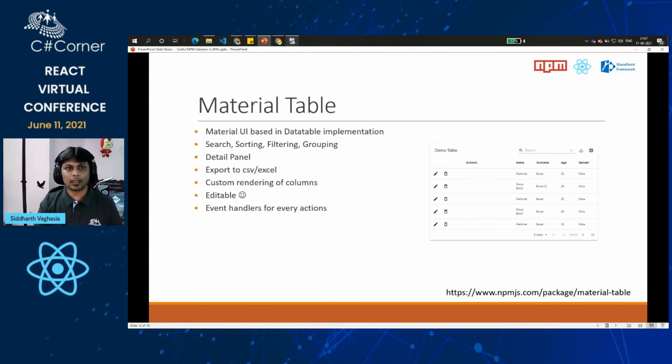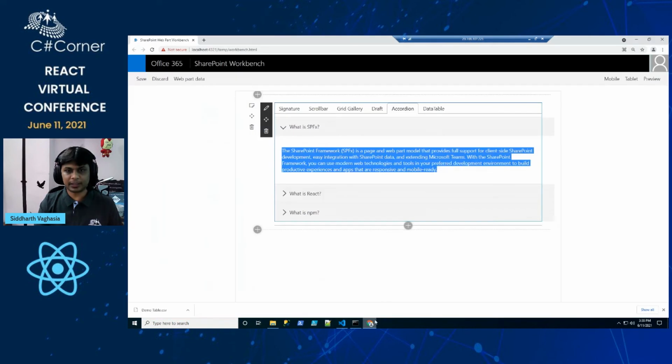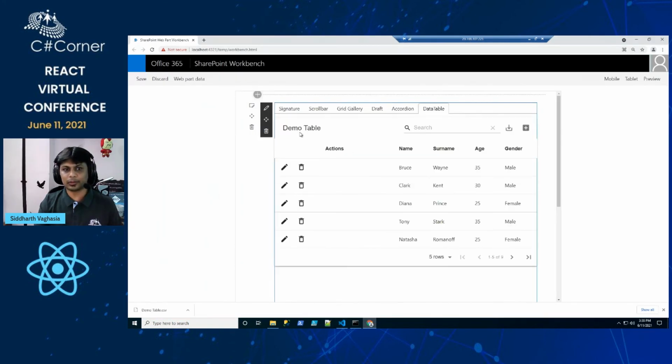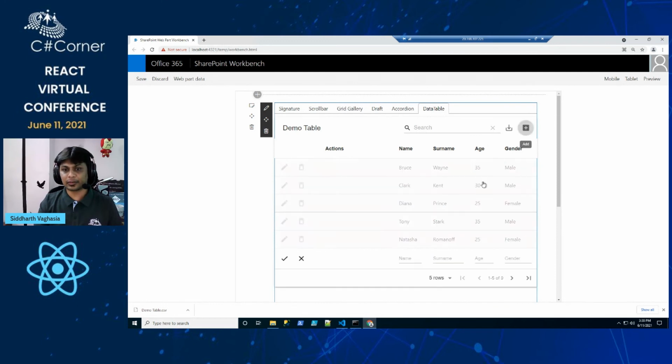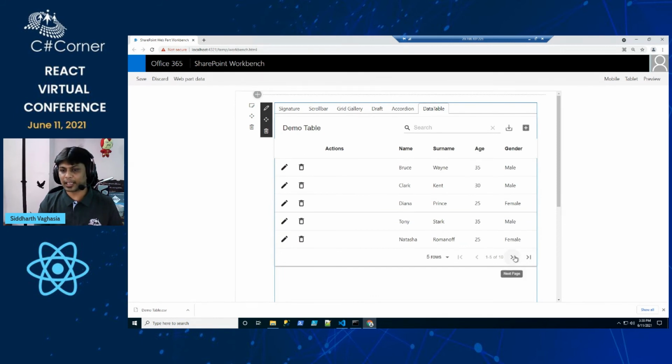Okay, so moving on to see the demo. This is how the data table looks. You can see, pardon my CSS, as I said I did not focus on that part, but you can see that there are two actions available, edit and delete. So once you click on edit, a new row gets created here. You can input the name here, and you can just say save, and it will add it to the row. It will add it to the last row because we have pagination. So if you see here, it has been added, right?